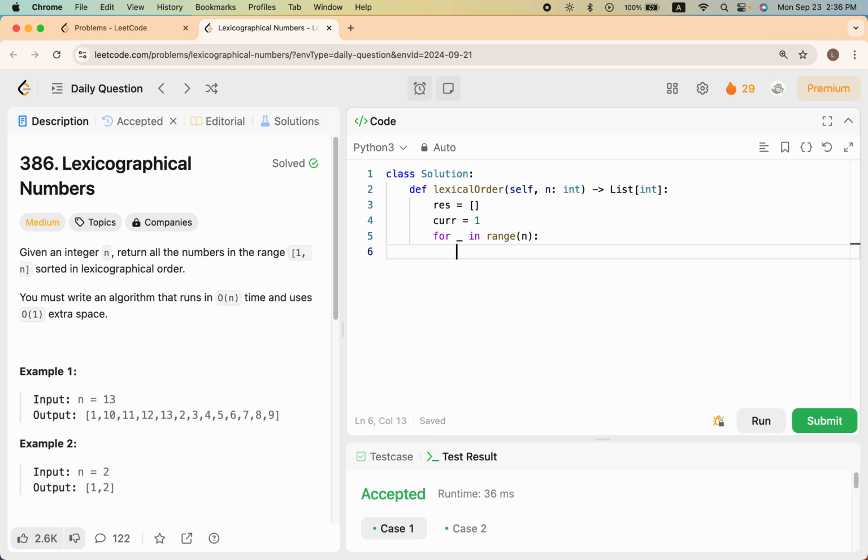So we'll just do it this way, and then we can start by appending the current number into the result, since you start with 1, right? And then we need to check if current times 10 is less than or equal to n. Basically we want to do current times 10, but what if it goes out of bound, right? So we want to check if current times 10 is less than or equal to n. If it is, then we make this. Otherwise